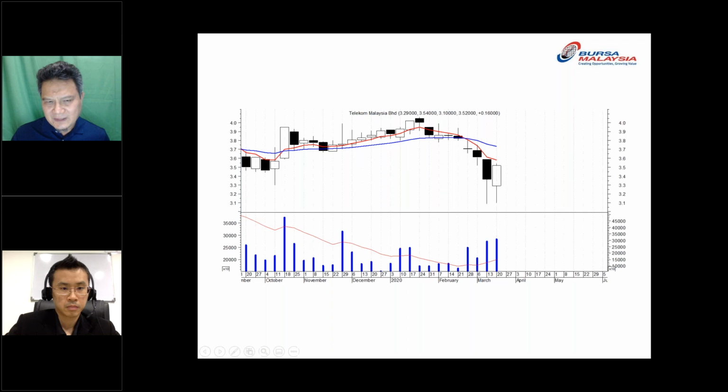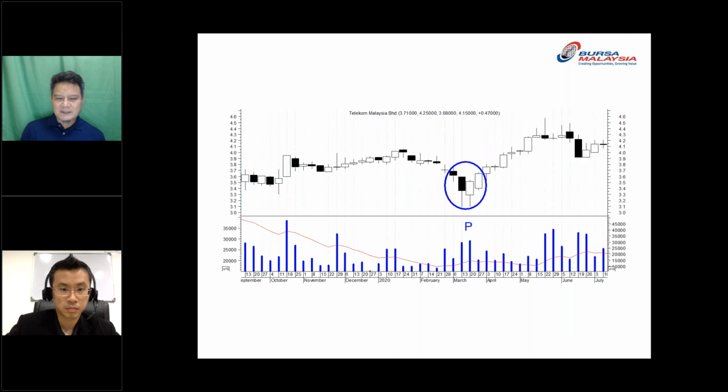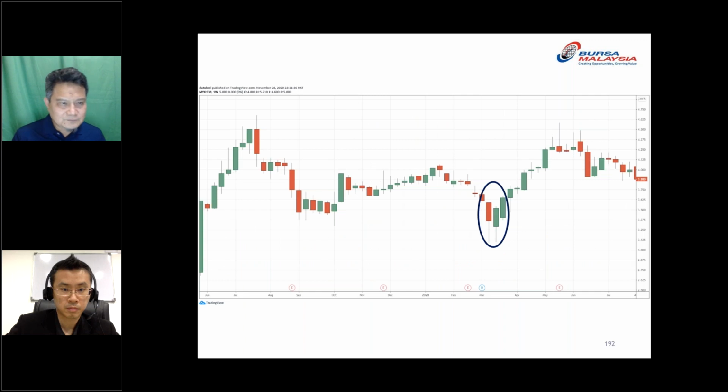You can see, for example, like here, when the price starts to move down, and suddenly a piercing appears here. If you look at the volume, yes, the first candle has a big volume, but the second candle also has a big volume. In fact, it's bigger than yesterday, and it is piercing. So there is a signal that the price is going to reverse. You can see that, the price reverses. This is another example. It's the same example, but just a different color.